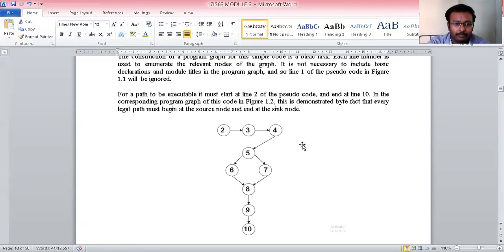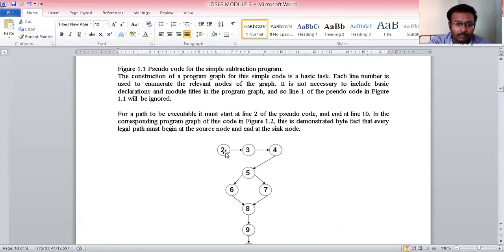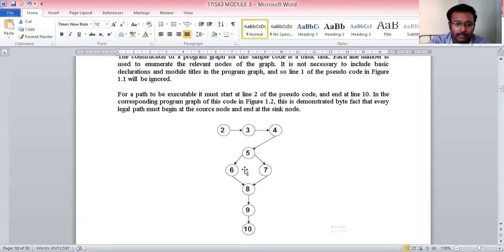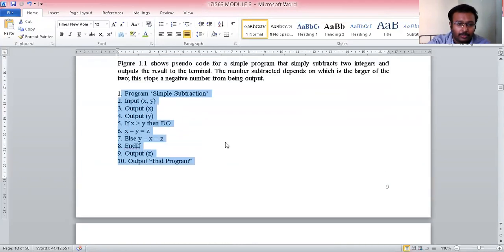Now, these numbers 2, 3, 4, 5, 6, 7, 8, 9 and 10 are the different lines in the program. Coming back to the program, line number 2 is where you are reading the values x and y. Line number 3 is where you are printing the value of x. Line number 4 is where you are printing the value of y.